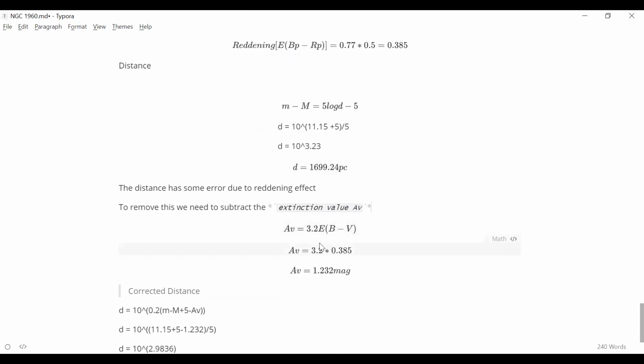Correct. But this is the extinction in V band. Now you need the extinction in G band, right? So there's just a conversion factor. You'll have to take AG equal to 2.945 into EB minus V. I'll write it down in the WhatsApp group also.